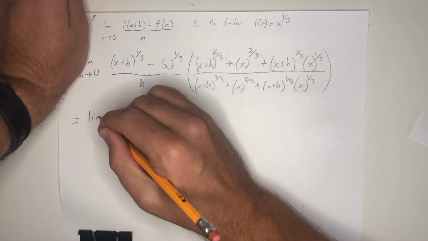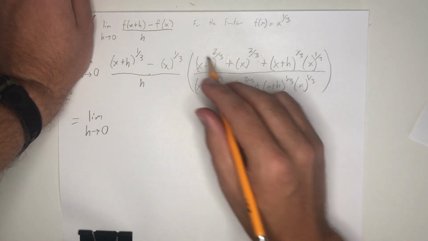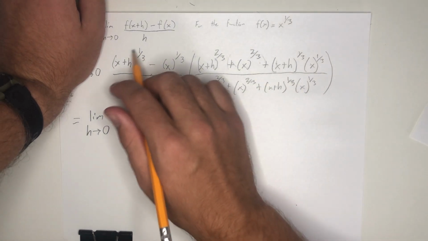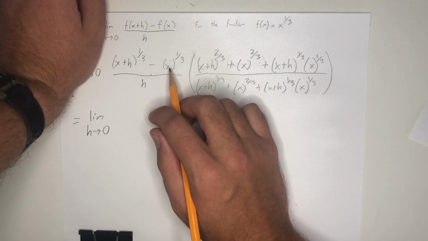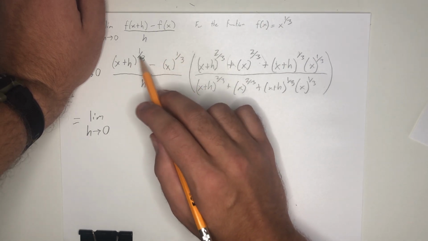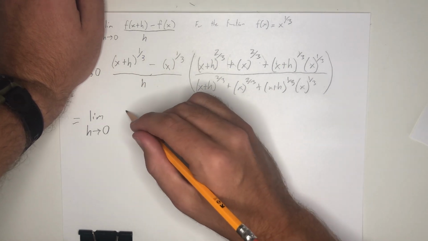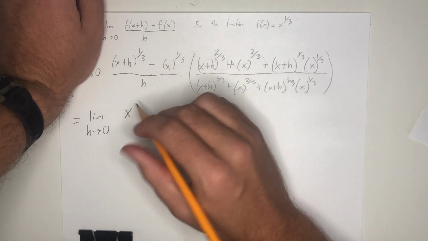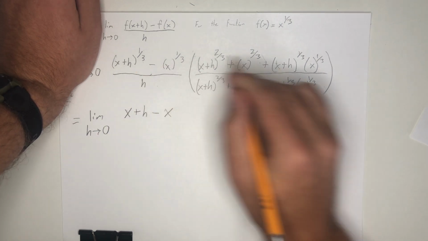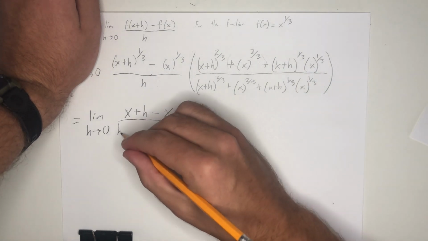And this is going to be equivalent to the limit as h goes to 0. By definition, this is going to give us these values raised to the third power, and so to the one third power to the third, we're just going to get basically the first power. So x plus h minus x. That's what the whole top will give us, which is exactly what we're looking to do for this. And then the bottom,